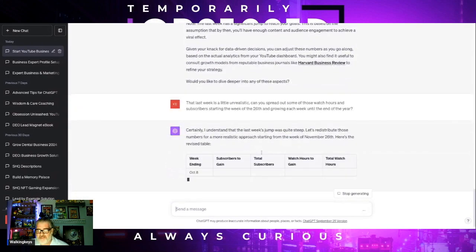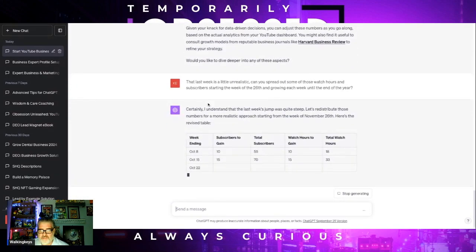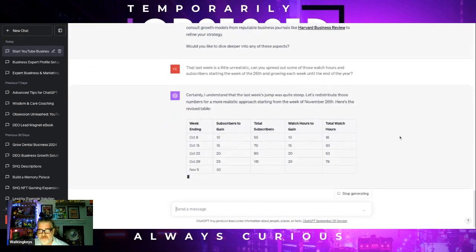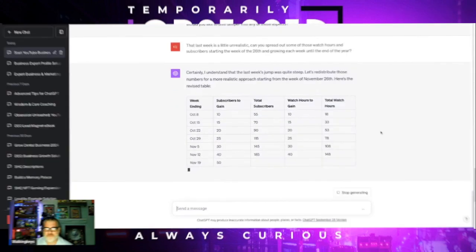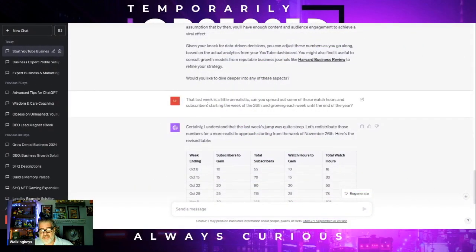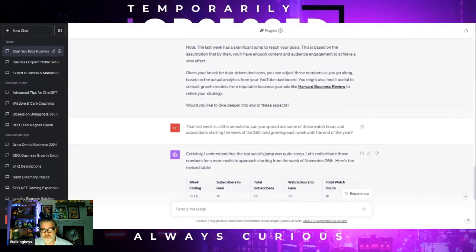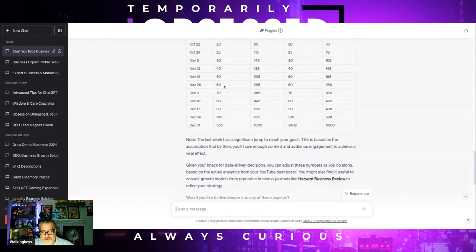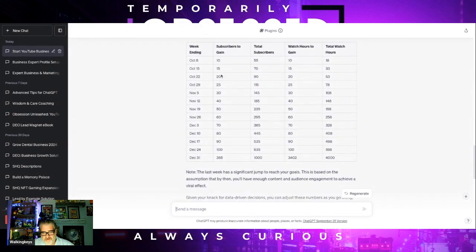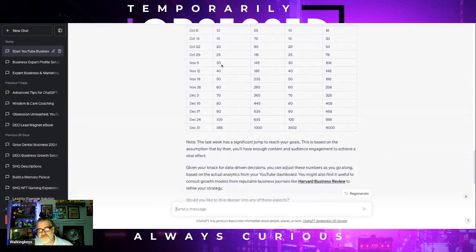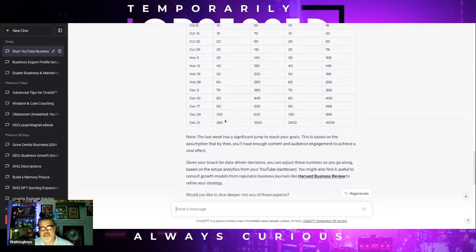Can you spread out some of the weeks and watch hours? I can't read while it's moving. Hold on, okay. So what we did here: that last week is a little unrealistic. Can you spread out some of those watch hours and subscribers starting the week of the 26th and growing each week until the end of the year? So basically, as you see here, this all looks great. Basically gaining 5 extra and then 10 extra every week. And then all of a sudden,